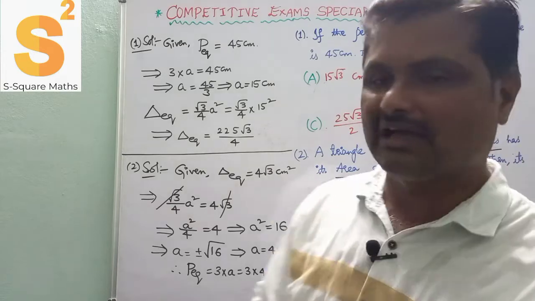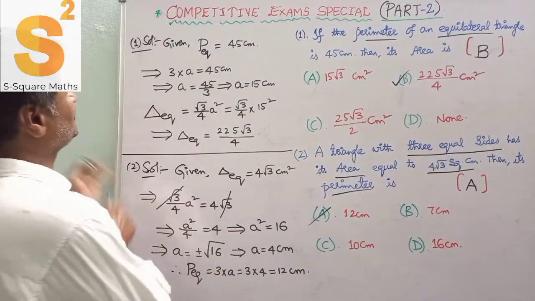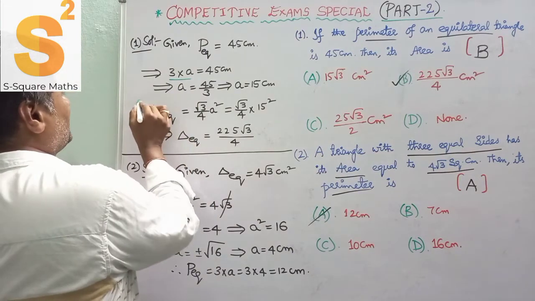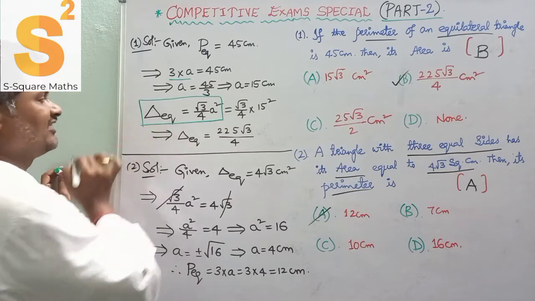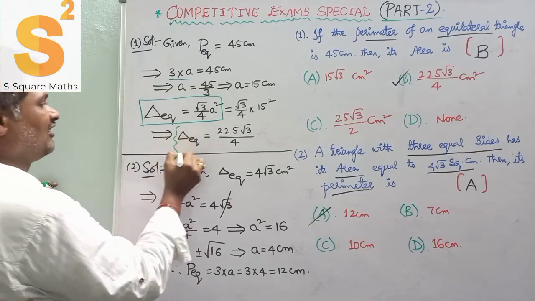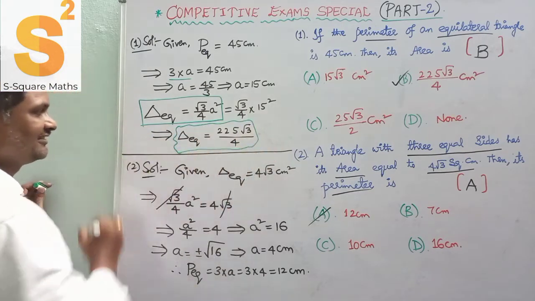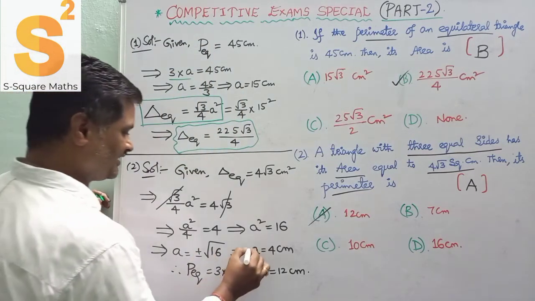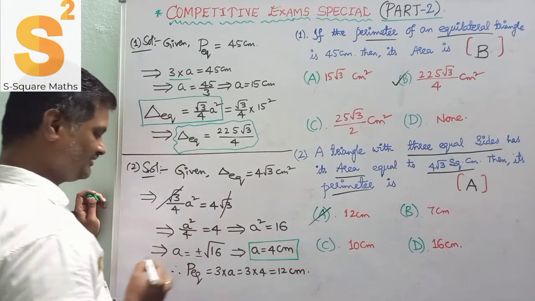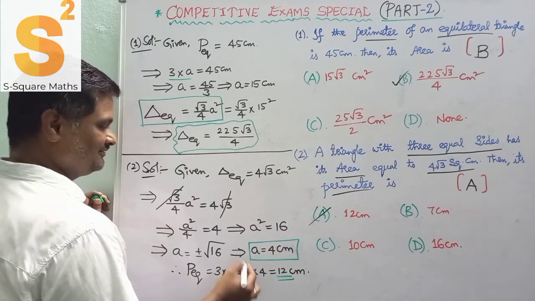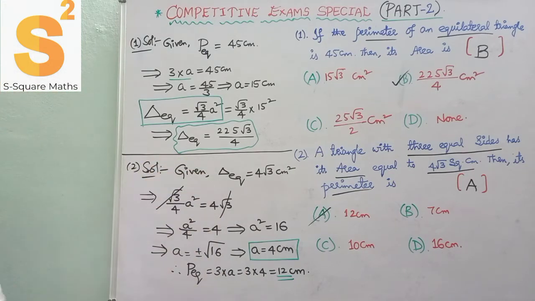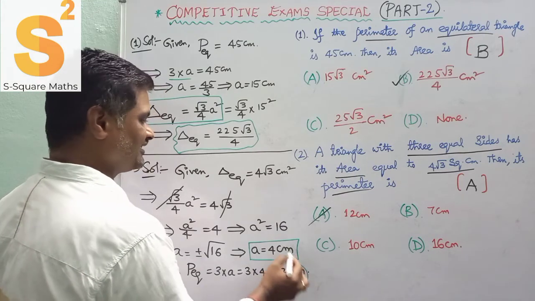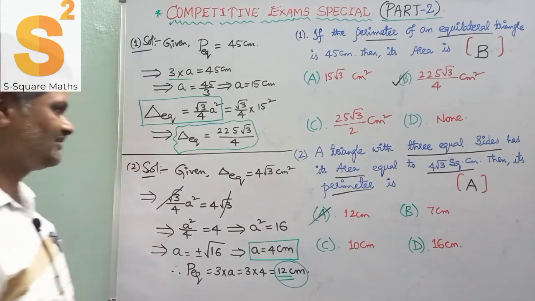So now I am going to mark the important points here. So this is nothing but perimeter of an equilateral triangle, and here this is the formula for area of an equilateral triangle. So finally I got here area of an equilateral triangle is nothing but this one, which suited our B option. Next here A is equal to 4 centimeters. So perimeter is nothing but 12. So given area of an equilateral triangle, now perimeter. So finally our perimeter of an equilateral triangle is 12 centimeters, which fits A option.